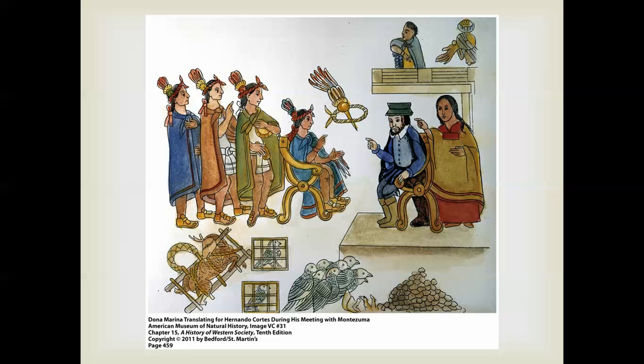Many Native American societies did not have a system of writing. The Incas, for instance, did not have a system of writing, so they did not have an extensive history to go upon,